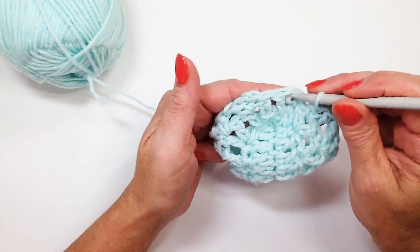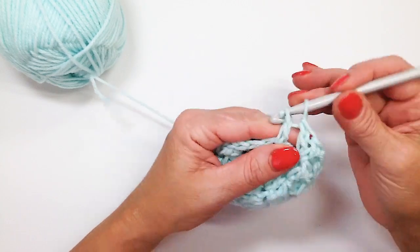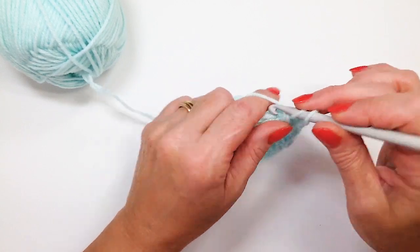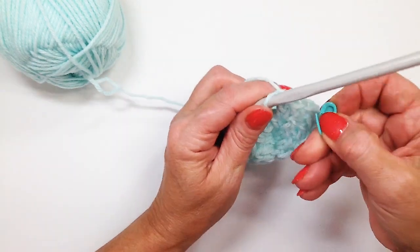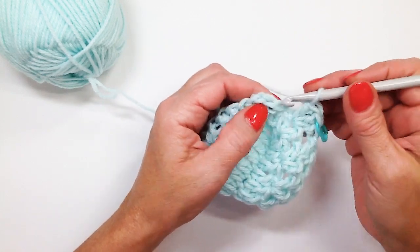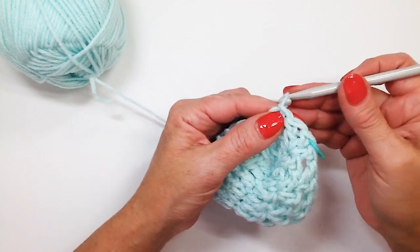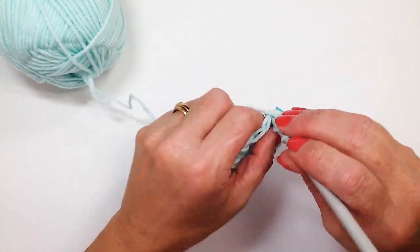So I'm here again, and then we have to increase. So 3 double crochet, 1, 2 and 3. And then if you want, you're going to put another stitch marker in the second double crochet, and then we're going to close it with slip stitch in the third chain from the hook, and then again chain 3, 1 2 3, and double crochet in the first space,